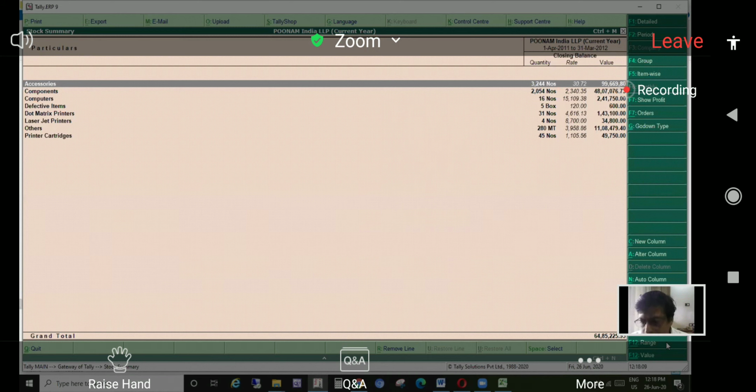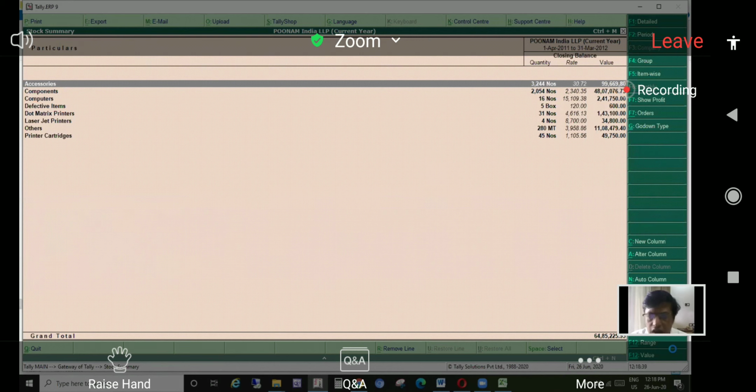Why is it important? I will be taking up the audit tool a little bit later, but here what I'm saying is that the Control F12 functionality is for finding out the purchase voucher details or the sale details. At some point of time, you will be asked in a tax audit what is the quantitative information of the total sales transaction or the purchase transaction. So how do you find that?